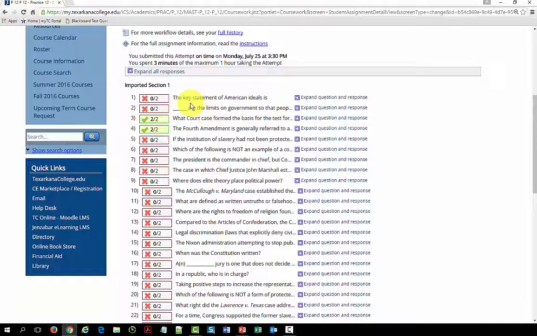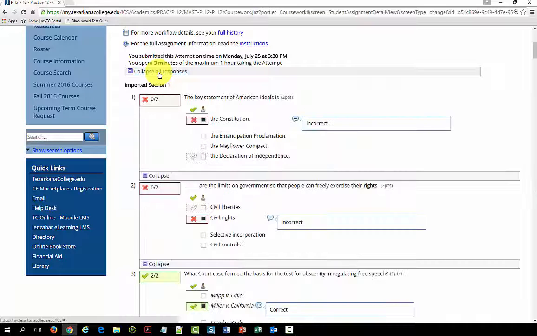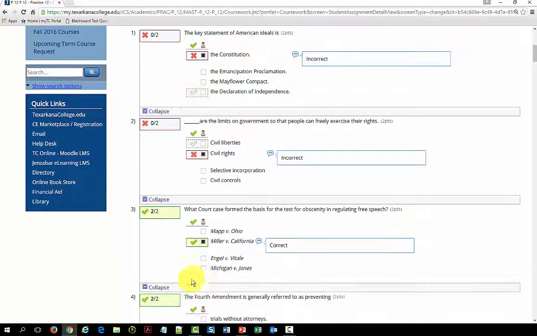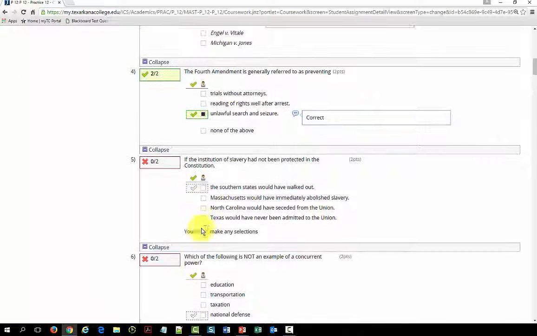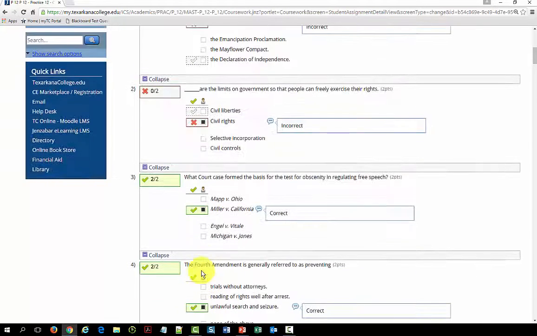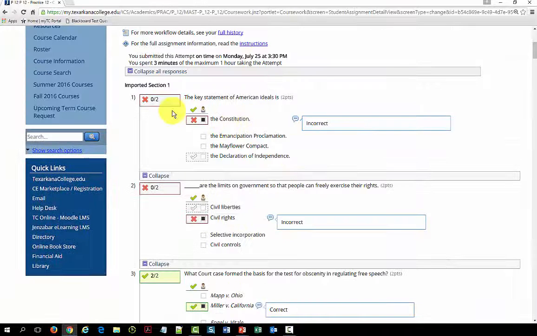If I want to look at what the entire question was and the answers, I can click on expand all responses, and I can see here that I said the Constitution. The correct answer was the Declaration of Independence, and it tells me it was incorrect. If I get it right, it'll put a green check in front of the answer and tell me that I got it correct. Of course, I didn't answer, and it tells me I didn't make any selections on the rest of these. But you can see, depending on how your instructor has it set up, your responses and the questions